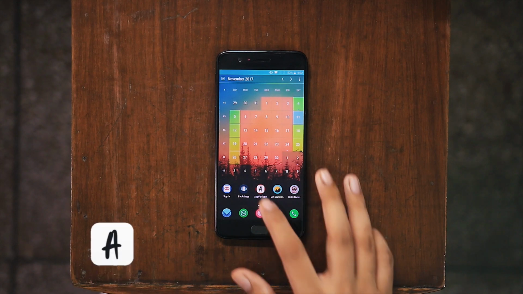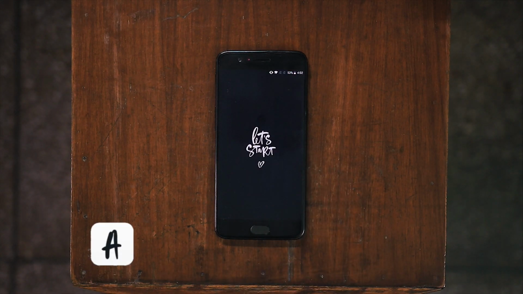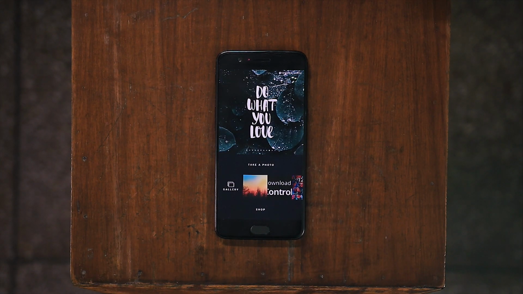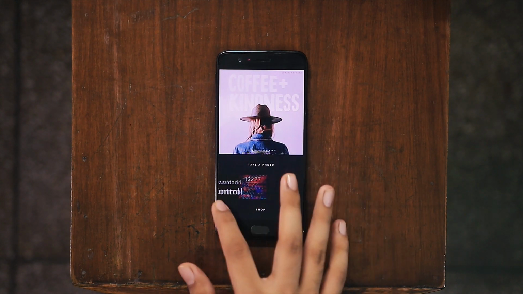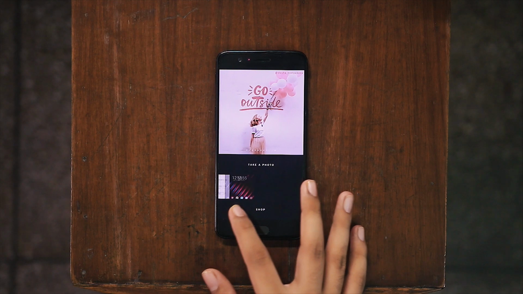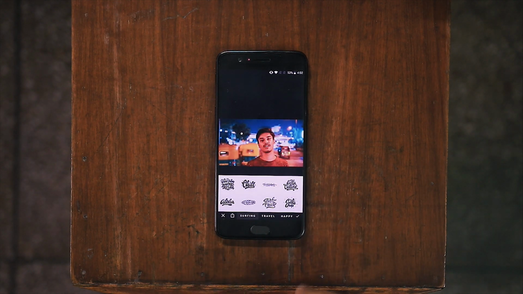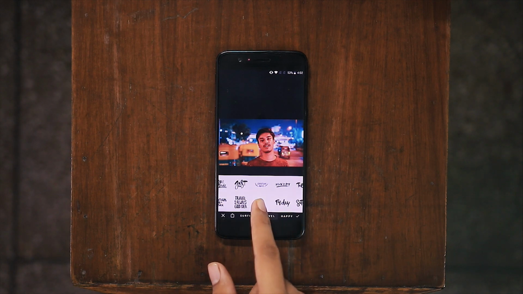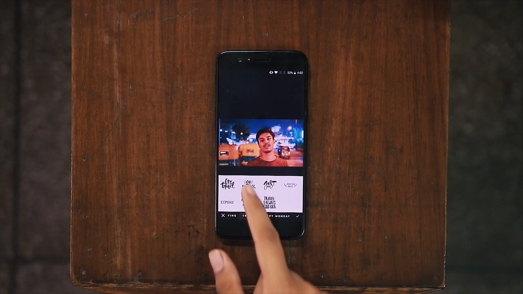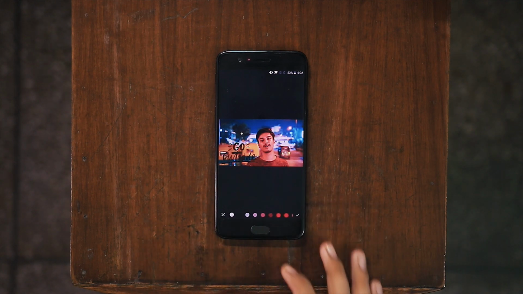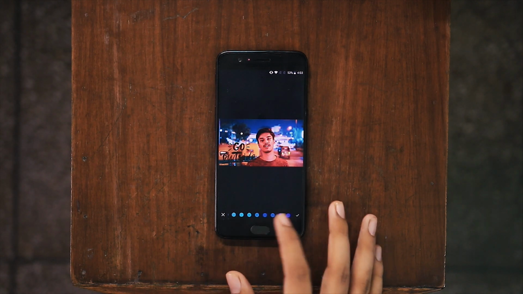It's known as App for Type, and it lets you add text upon your images in a pretty interesting way. So firstly, it's a pretty sweet looking app with a very minimal layout, all the options right at the bottom, and tons of breathing space. With this app, you select a bunch of preloaded pieces of text and put them on top of your images. Now sadly, you can't type in your own piece of text,